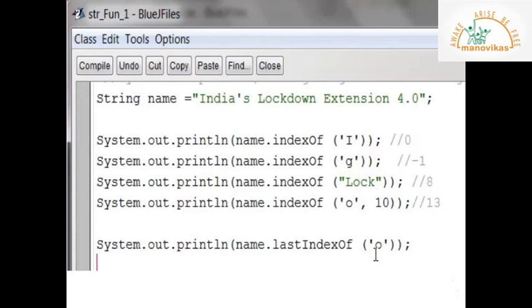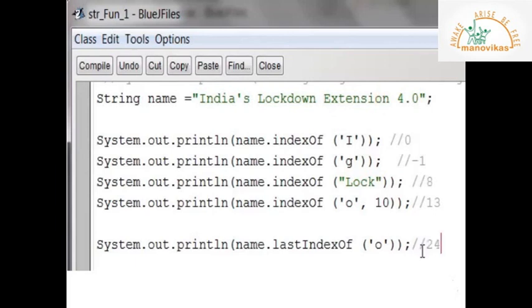The next is last index of O. Though there are 3 letter O's here, it displays the index of the last one. 0, 1, 2, 3, 4, 5, 6, 7, 8, 9, 10, 11, 12, 13, 14, 15, 16, 17, 18, 19, 20, 21, 22, 23 and 24.